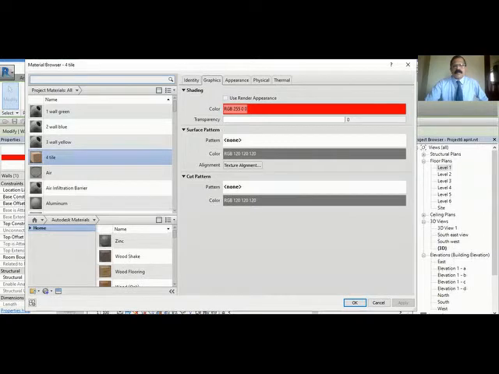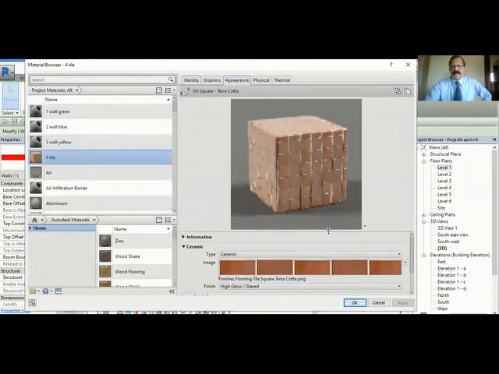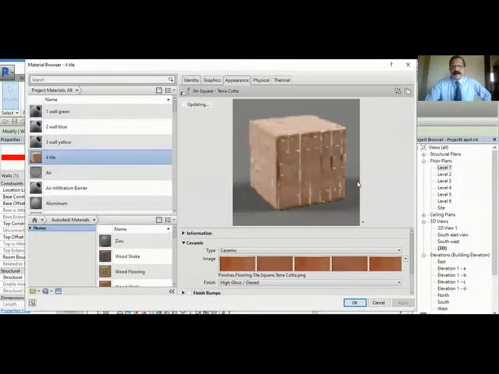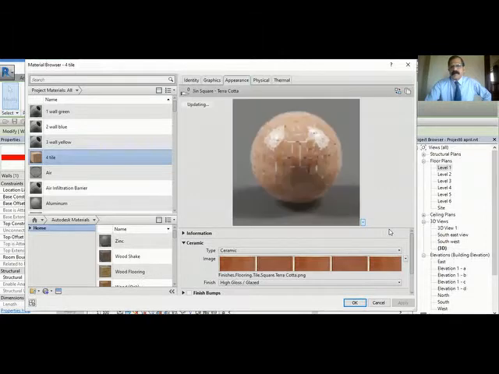Now you can see here the tile appearance is like this. You can increase this size so that you can see a little bigger size. Preview, you can see how it is looking. Suppose you can view this in different ways. You can use the tick mark here, scene, sphere. So the preview you can see by sphere. If you apply this material on a sphere or round objects, how it will look.